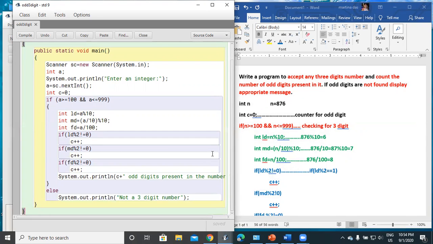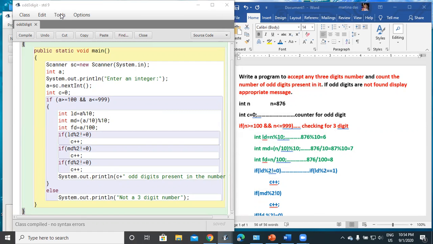You can see this program over here. It accepts the value and checks whether it is a 3-digit number or not. If it is a 3-digit number, it extracts the digits, checks for odd digits, and for every odd digit the counter increases by 1, and then it prints how many odd digits are present. If it's not a 3-digit number, in the else part you can see it prints not a 3-digit number. So here I am using one if else, and within the if block I am using multiple if conditions. Now when I compile the program, it shows class compiled, no syntax error.